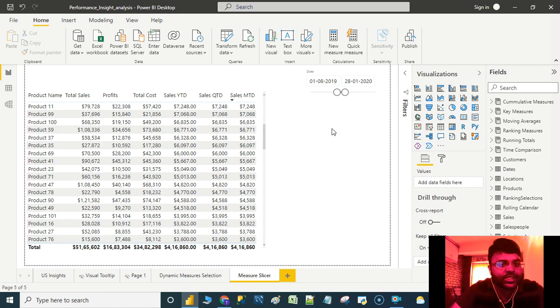In order to do that, we should understand that whenever we are using a measures list as a slicer, we should ensure that there is a dynamic connectivity between the visual and the table that is existing within Power BI. So in order to do that, we have 3 to 4 simple steps. Step number 1 is to click on enter data in Power BI Desktop. I have already launched my Power BI Desktop. So launch your Power BI Desktop and go to enter data. That will be the step 1 process.